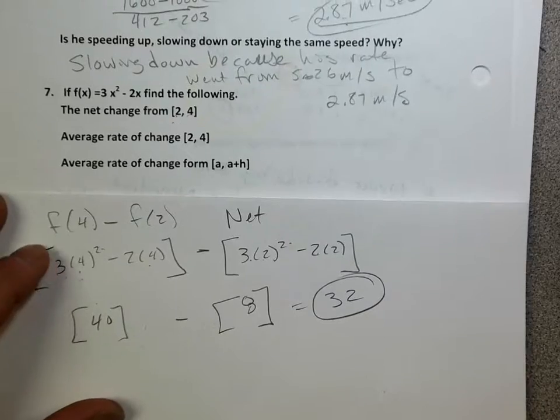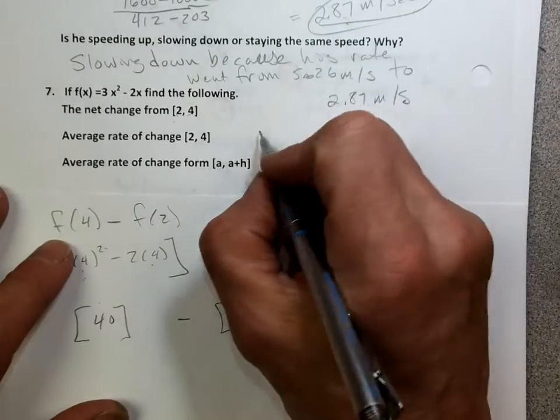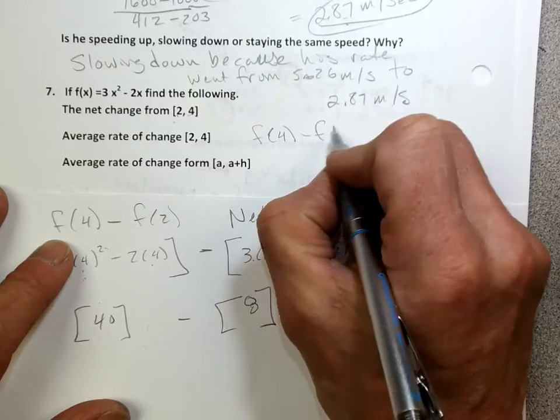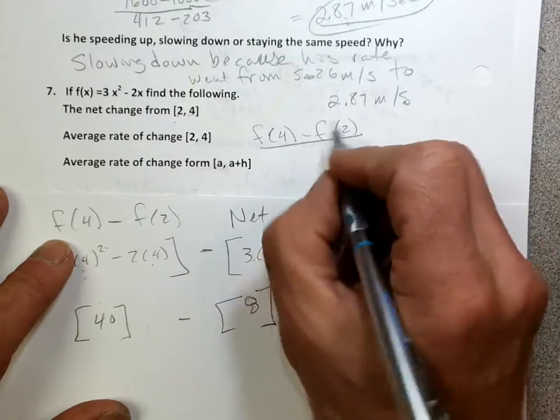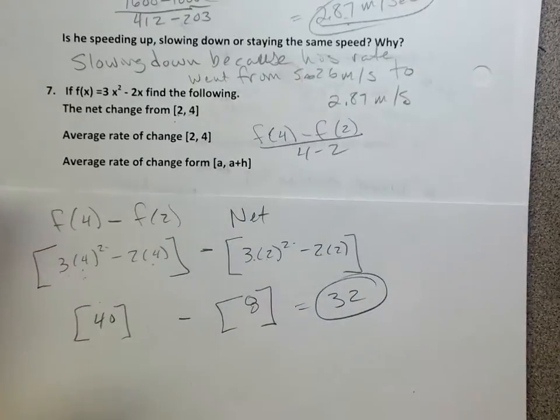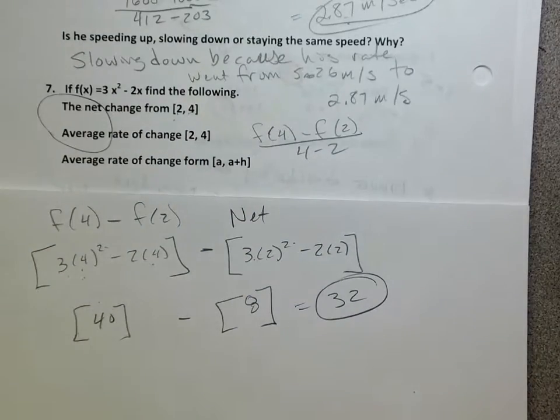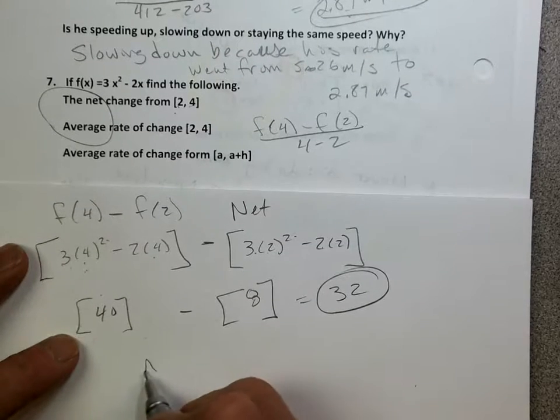So then my average is going to be the f of 4 minus f of 2 divided by its interval, which is 4 minus 2. Okay, now I already know the first answer. That's my average. So take my net and divide it by your interval. So to find my average,